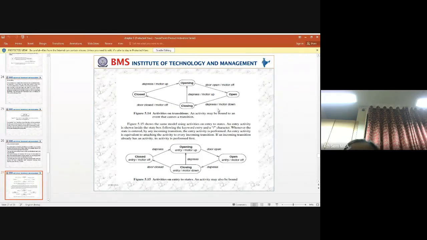So next here, in 5.4, these are the activities of the transition, how the activities can be carried out. For this same thing, if I am going to add the activity, what operation should be taken care of? That can be done by indicating the particular activity.